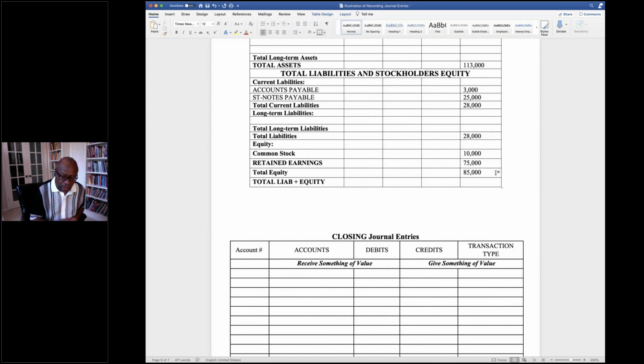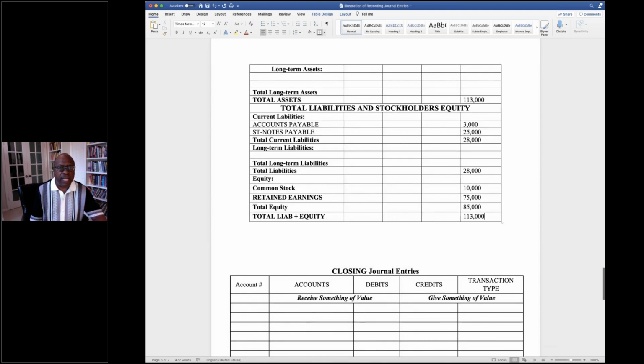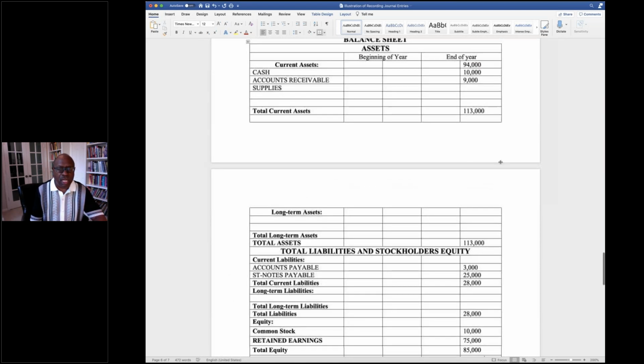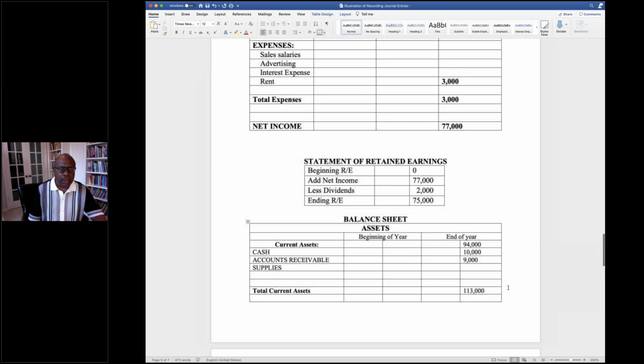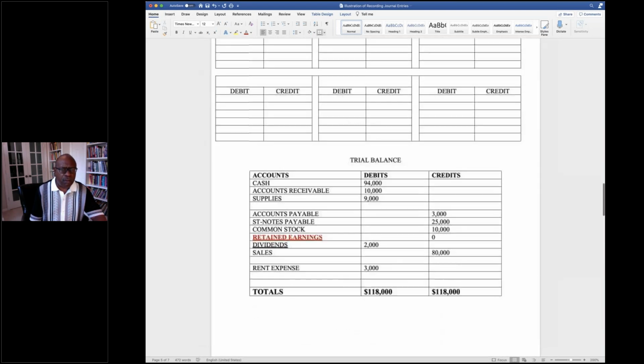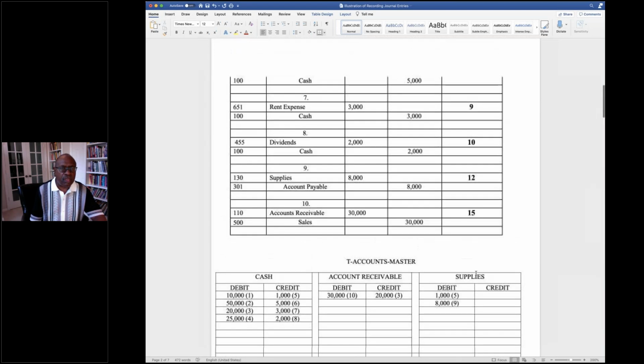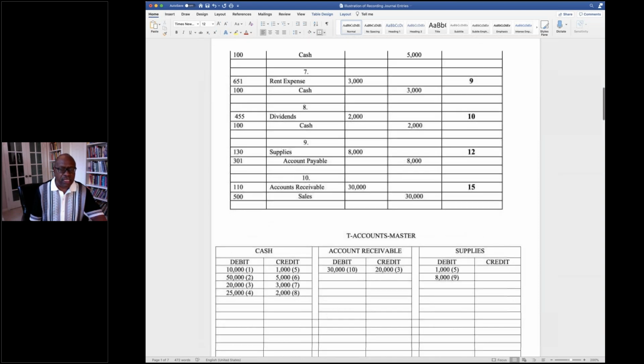And our total liabilities and equity is going to be 28 plus 85. And if I've added that's correct, it's 113,000. And they balance: the assets and the liabilities and equity balance. So for those 10 transactions,